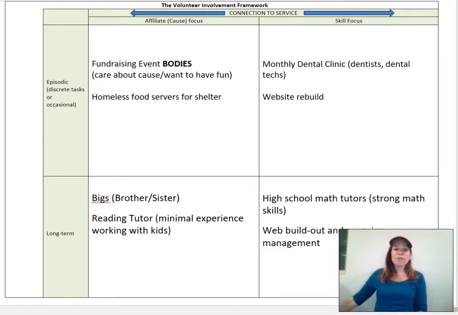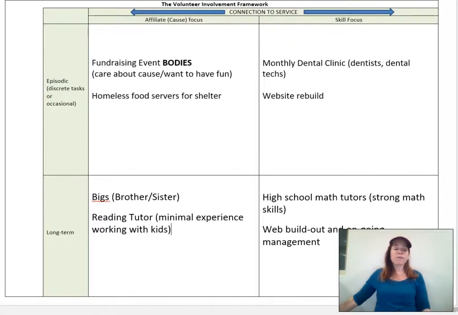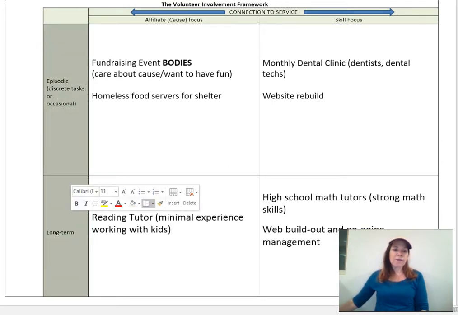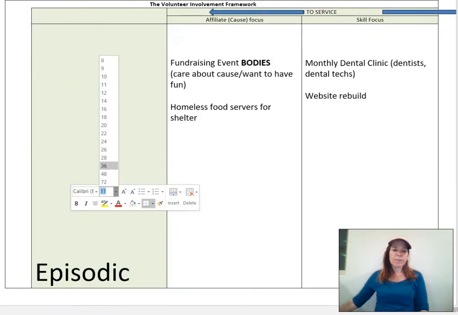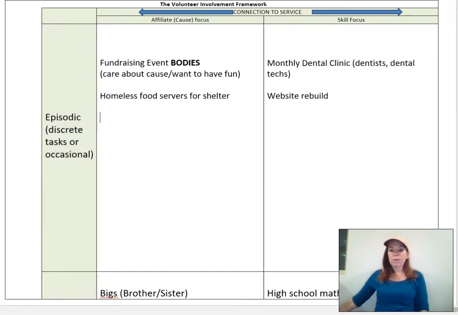I'm starting with the volunteer involvement framework, and you can see, by the way, I've recreated it in a Word document, and you can pull this down and type into it, whereas the other one was a PDF and you had to just handwrite. So we're going to use this, and it's now available to you to use as well. What we've got here are